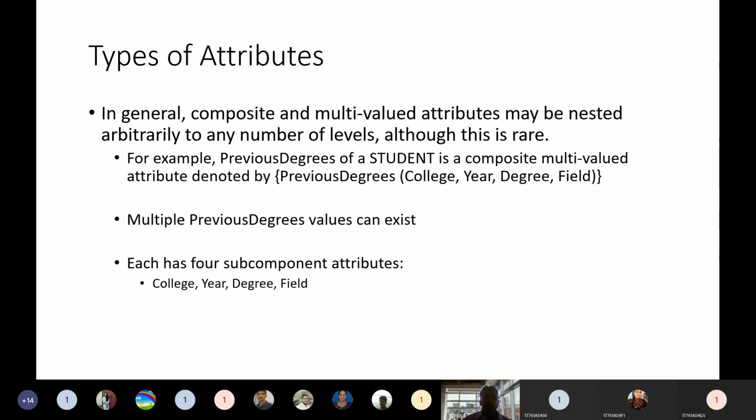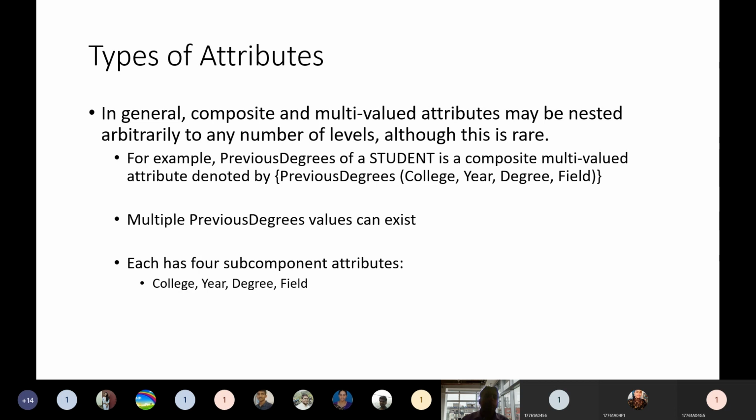In general, one previous degree is a composite, and multi-valued attributes may be nested arbitrarily to any number of levels. There is a hierarchy here. Previous degrees is the first level. In that, degree 1, degree 2, degree 3, degree 4, for example. And in those, again, each degree is a composite attribute.